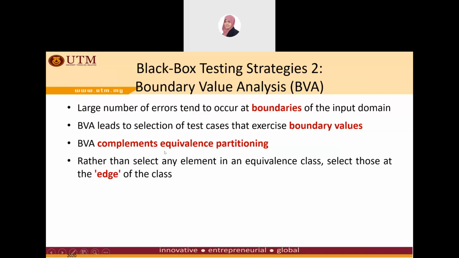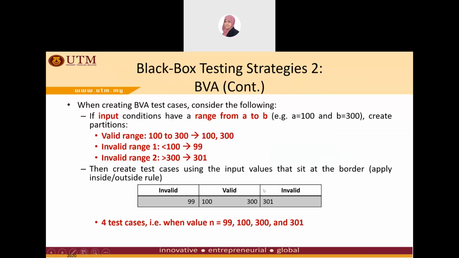Because in equivalence partitioning we get the data from inside the classes that we already identified, but BVA will focus on the value at the boundary. So rather than selecting any element in the equivalence class as just now, BVA will select those at the edge of the class, or the boundary of the class. For example,